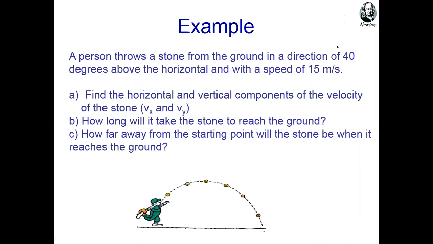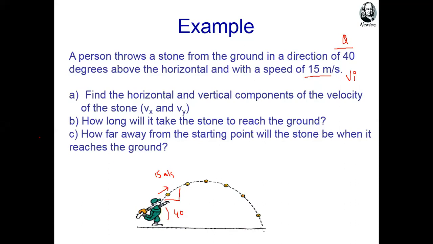Two things are given. One is the angle theta. Second, speed is given, velocity is given. This is actually the initial velocity, Vi. So first of all, you can see the angle is here. This angle is 40 degrees, and the initial velocity given to this body is 15 meters per second. Then we need to draw the vertical and horizontal components.